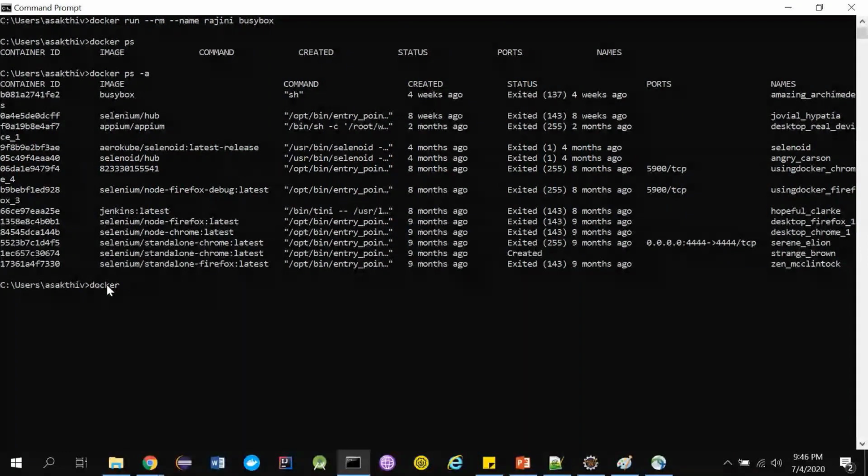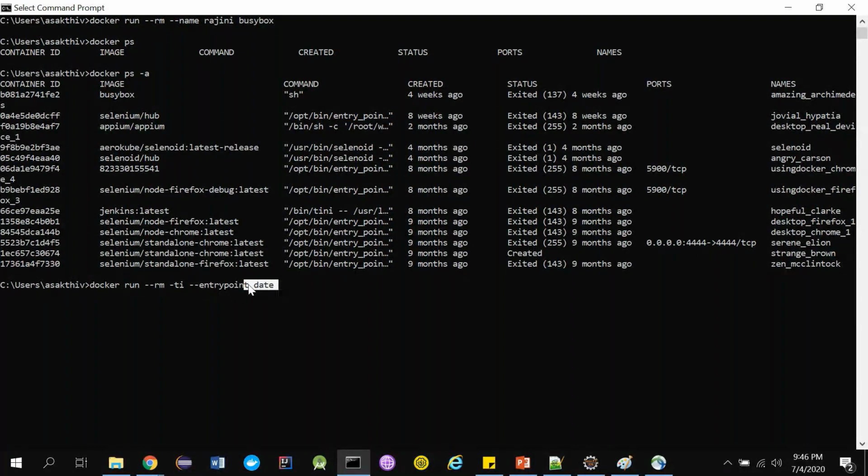Docker run hyphen rm and hyphen ti. I'm attaching the standard input and output to the container, and this time let me override the entry point. Whenever I'm spinning up the container, I also want it to run the command date.